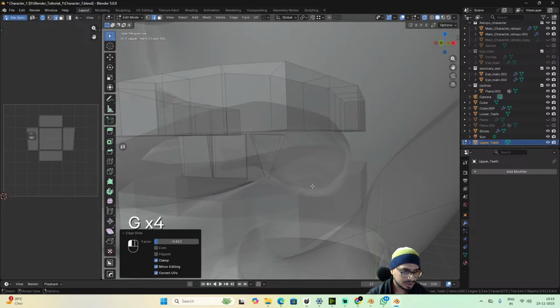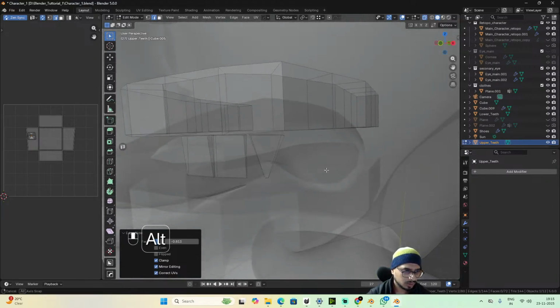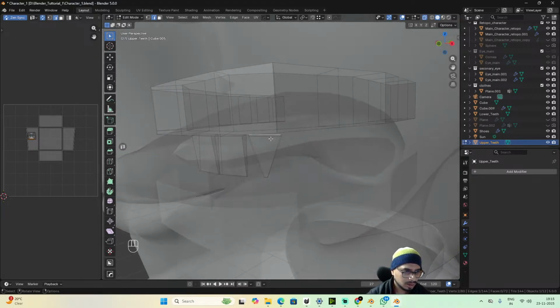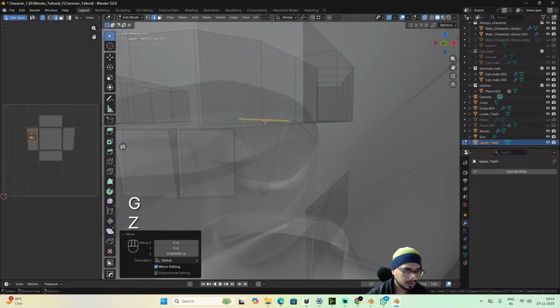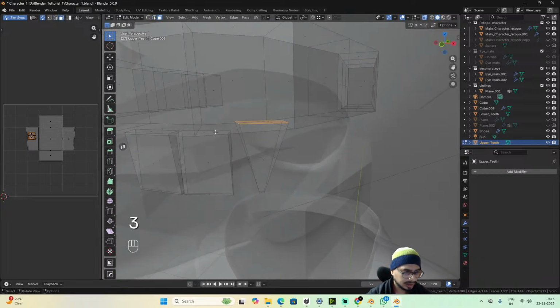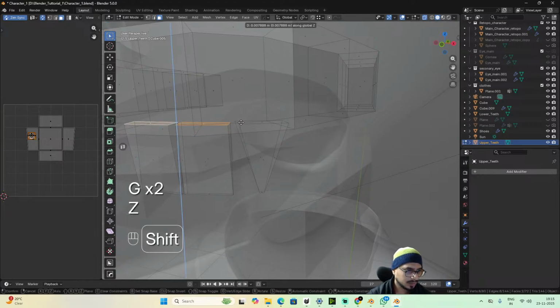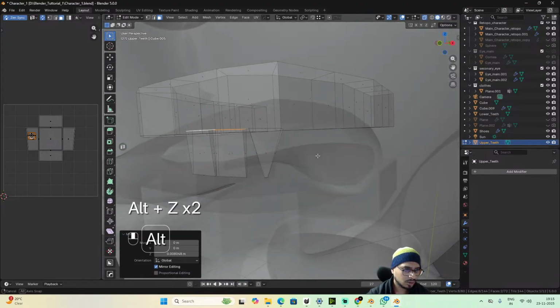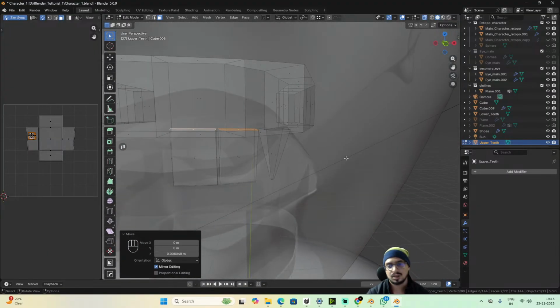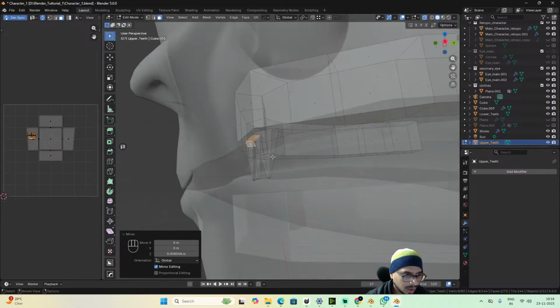I'll press double G and bring them closer. I'll move them up, and I'll select that face and move. Okay, I'll select both of them and move them up so that they are overlapping our jaw line, or jaw, not jaw, the gums. And